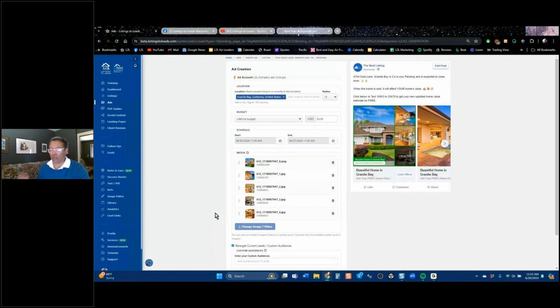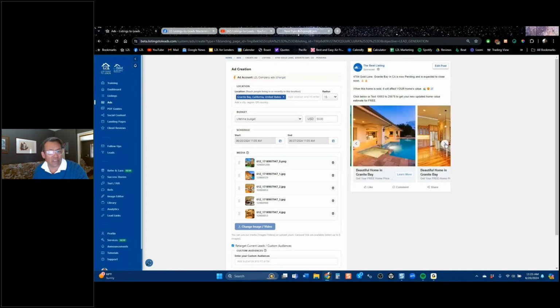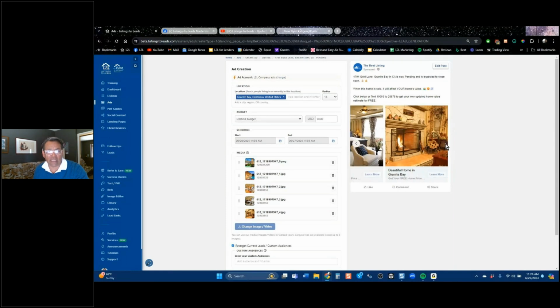And this is what's going to create what's called a carousel ad, right? And this ad here, there's the first picture. I can now scroll through and see more about the home, which is going to make this ad a lot more